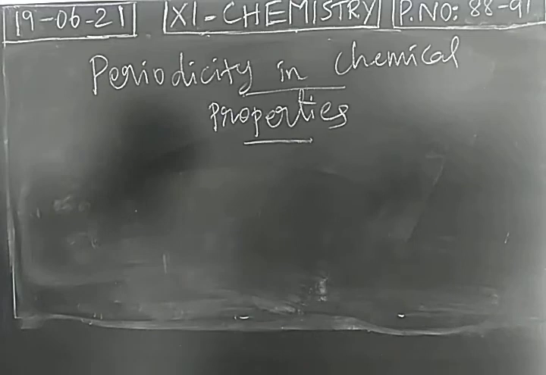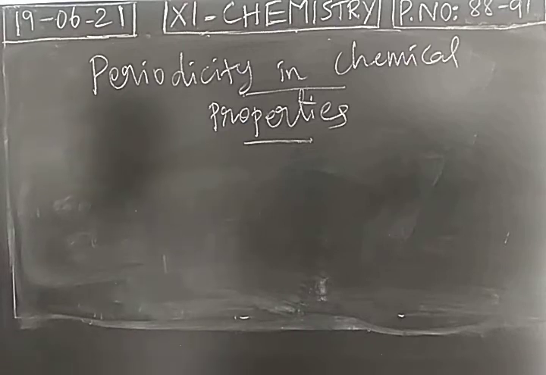We know that except noble gases, the remaining elements are unstable. Helium, neon, argon, krypton, xenon, radon. These are stable noble gases, so they won't get involved in reactions. Except noble gases, the remaining elements are unstable, so they are involved in chemical reactions. Either they can share electrons or transfer electrons. So any one is possible to attain stability.